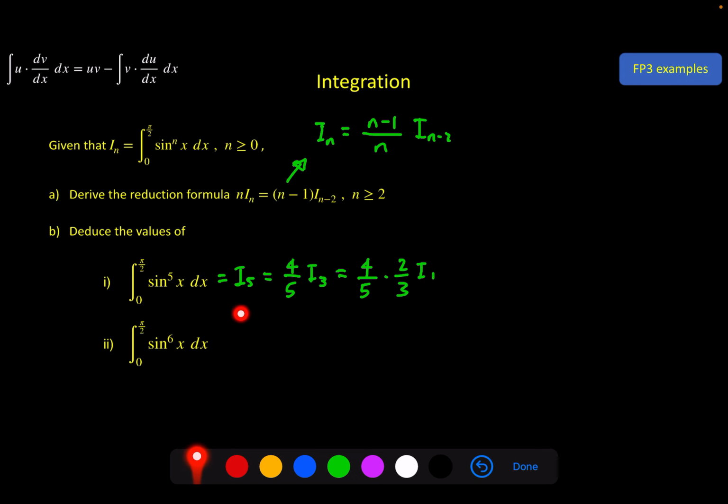So I_1, I now have to put a 1 in here. So it's just sine x. So that is equal to 8 over 15 times the integral of sine to the power 1 of x from 0 to pi by 2,